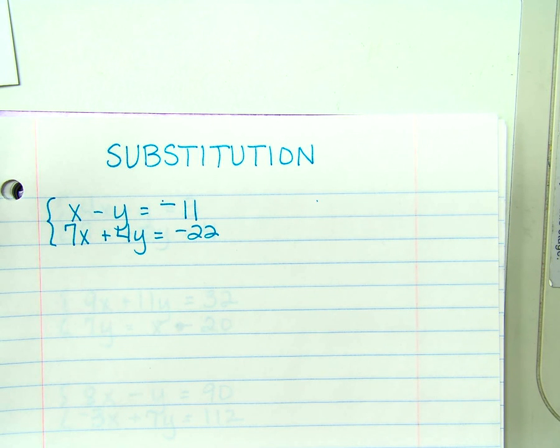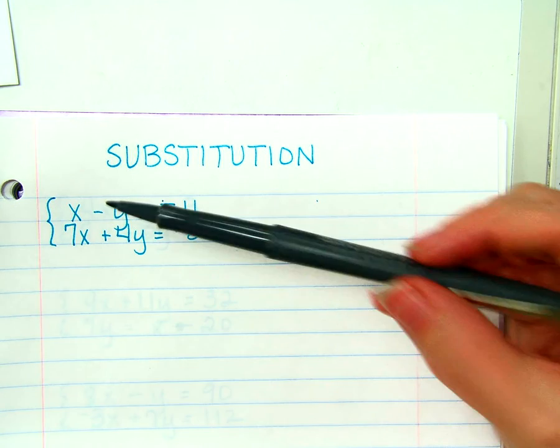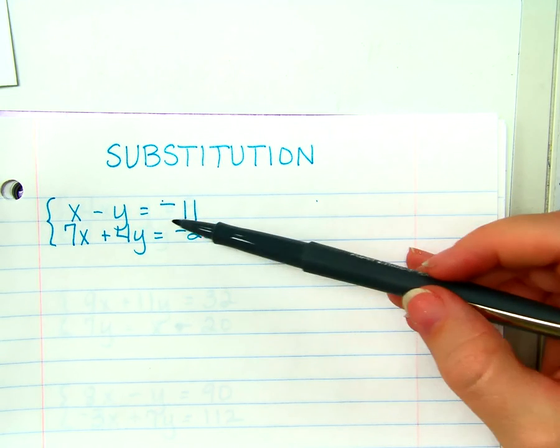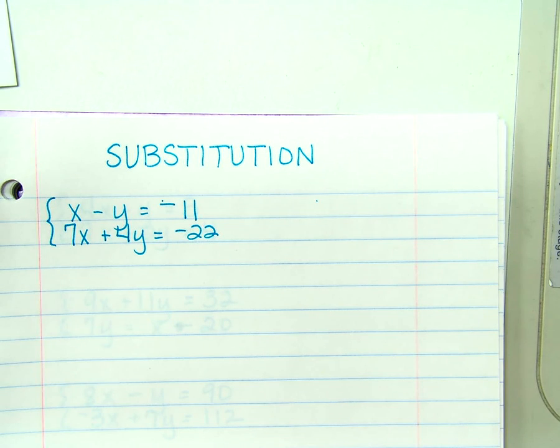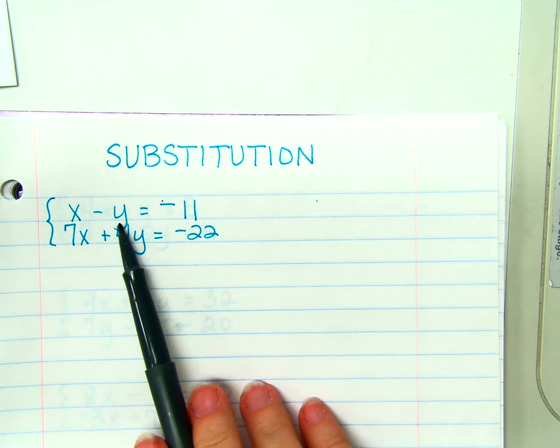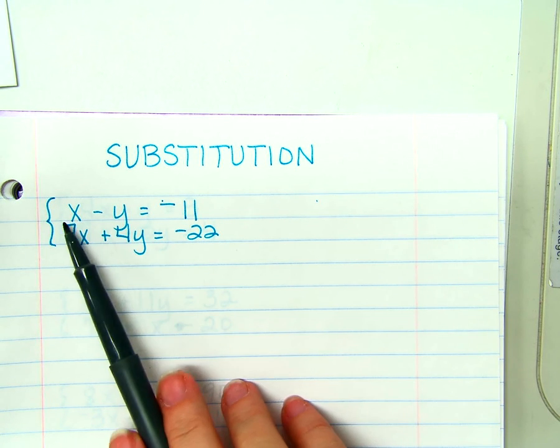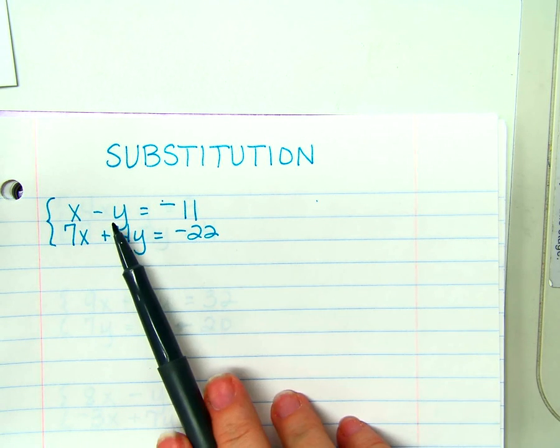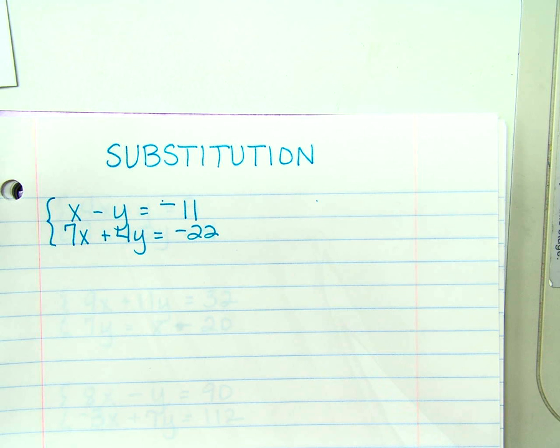The first x would be the easiest to solve for. Right here? Because all I'd have to do is add y to both sides, right? And then it's x by itself. I could solve for this negative y, but after I subtract x from both sides, then I have to divide everything by negative 1. It's less steps if I just try to solve for that